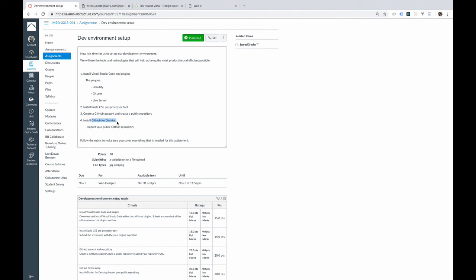Just a separate repository. But this is the last software that we're gonna install on our computers: GitHub for desktop. It's called GitHub for desktop, and it's also installed on these computers here. If you don't want to install it on your own, you can use it here. There are some issues I think from Web 1, but if you run into issues on these computers, let me know and we'll check it out. But if you're using it on your own computer, it's a